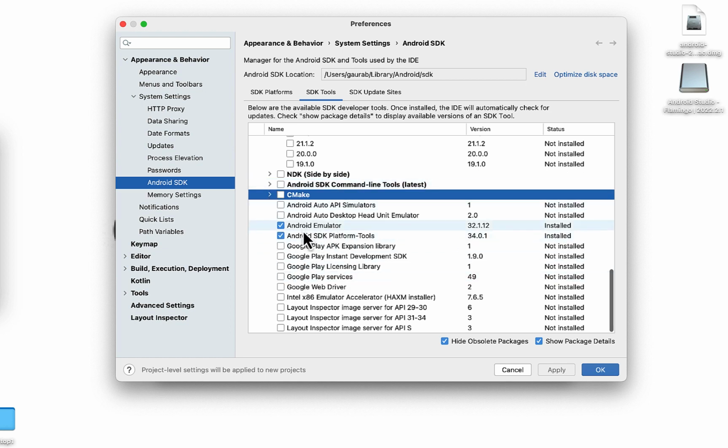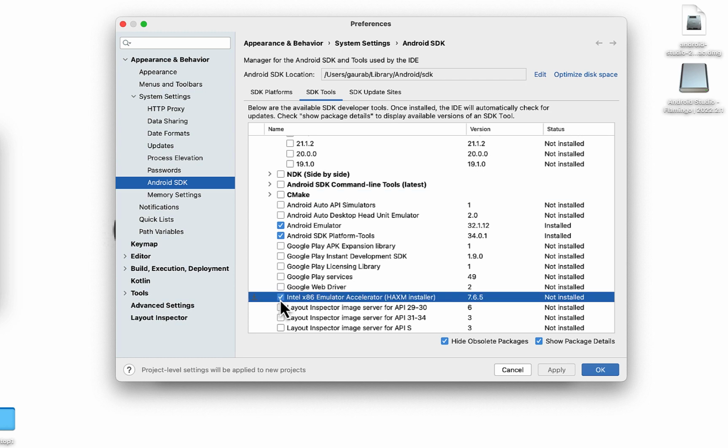Apart from that, you can see that Android Emulator is installed and Android SDK Platform-Tools has been installed. I don't have the Intel x86 emulator installed here, so we can install it. On Windows, if this is not installed, you can install it so that your emulator will be faster. If it fails to install, you may see some error. Then what you can do is